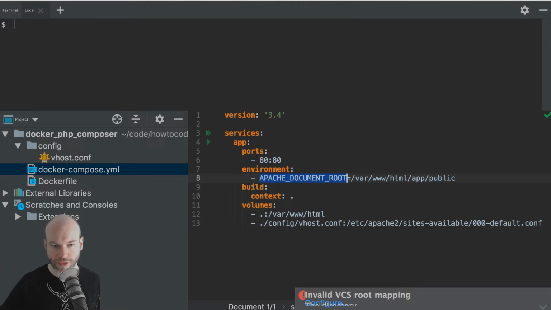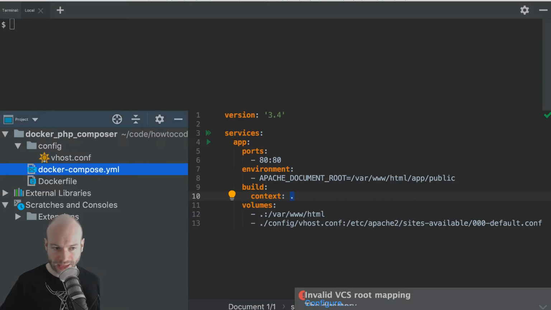After we've done this, or the next thing I should say, because it doesn't happen in a linear thing, we've got the build. I mean, this could go up here, it doesn't really matter in which order these go in. So we have the build, and we're saying that the context of the build is the current working directory, which is right, because we are here, which has the Dockerfile in it. So the context in which the Dockerfile is this one. So that's fine.